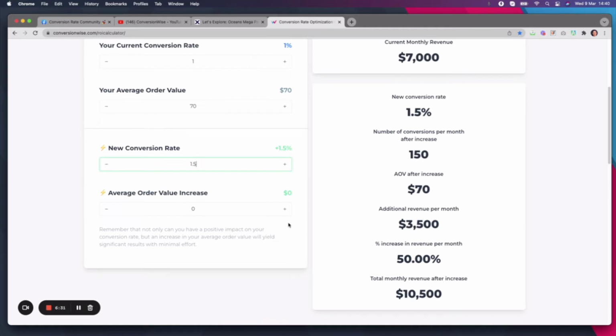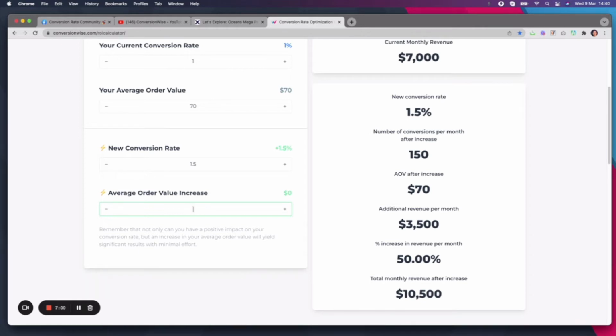Now, imagine that we actually increase your AOV. For us, when we look at people's sites, we always look to increase your average order value. If you're sat there right now and you've got a one product store, and you're not using an upsell or a cross sell, or maybe even trying to bundle, then you are absolutely missing out on even more revenue. So really, guys, you must consider your average order value and think of ways that you can bump that up.